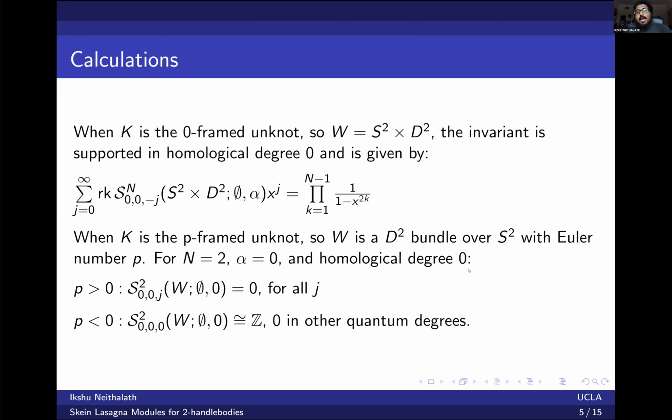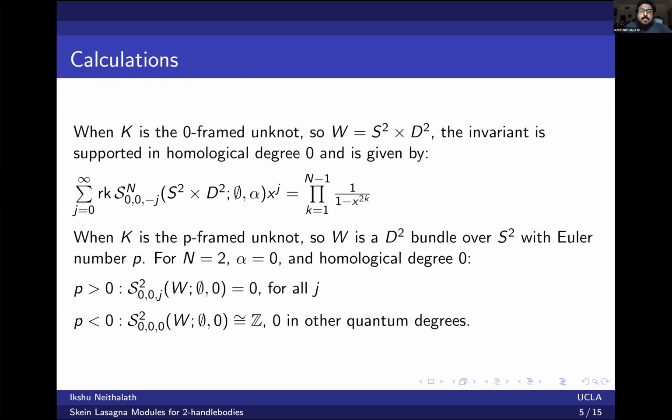If you want to extend those types of calculations to other homological degrees, it would involve computing the higher Hochschild homology or higher Hochschild cohomologies of that algebra. And as far as I know, that's not something that's really been well studied in the literature. Okay, so that's how we can apply those calculations to compute things about the Skein Lasagna module. All right, so those are the main calculations that we're able to do, in some